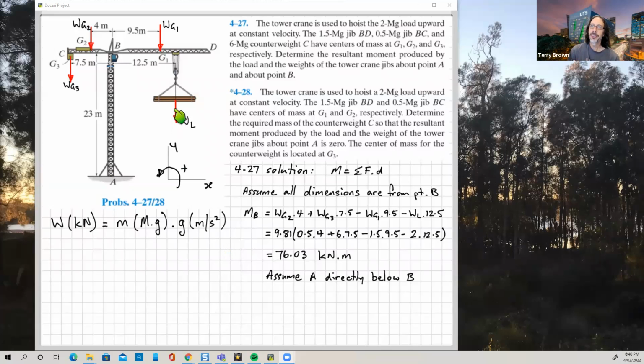If we think about the line of action of this force here, WL for example, and we continue its line of action down here, the perpendicular distance between point A, that we're calculating our moments about, and the line of action of the force is here. And the same with all of the other forces. Okay, so let's take this one for example, over here, WG3. Extend that down, and the perpendicular distance is that from